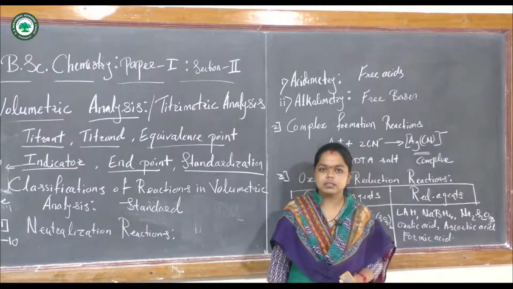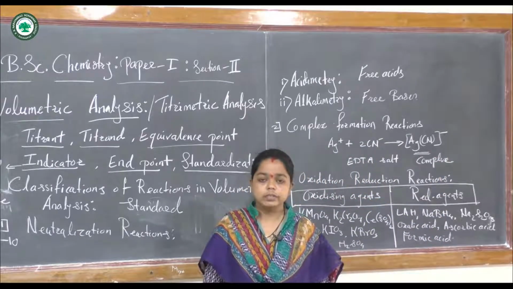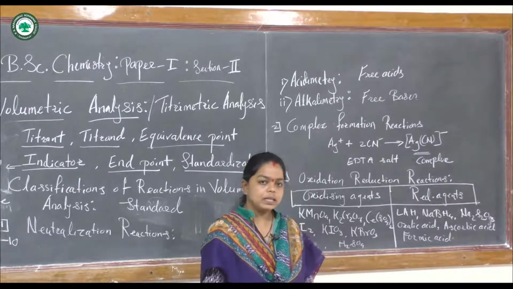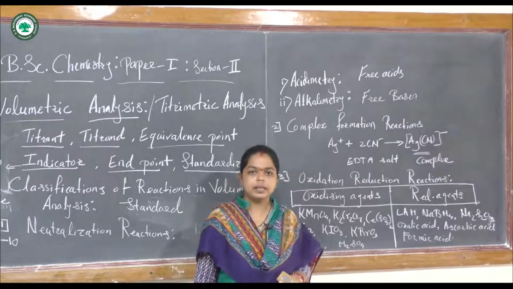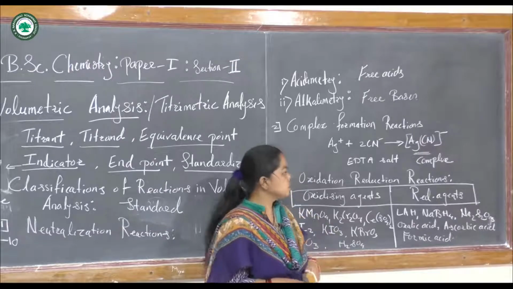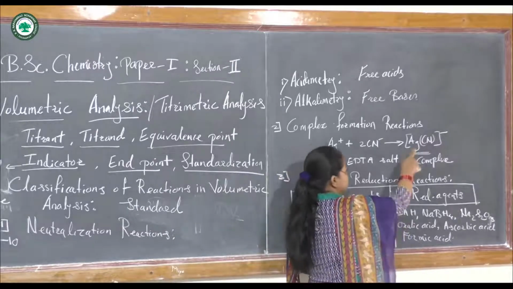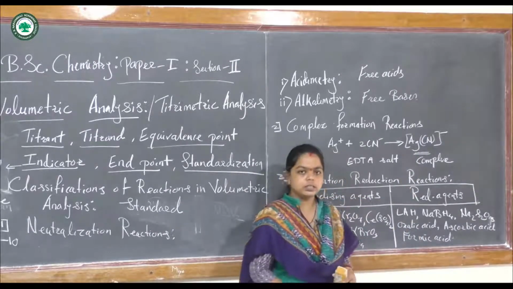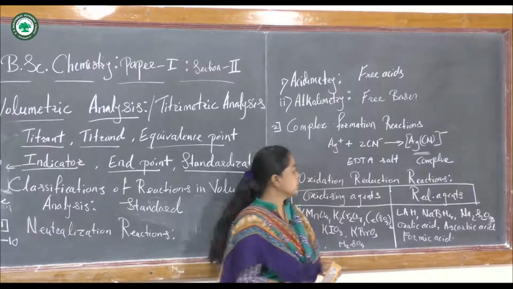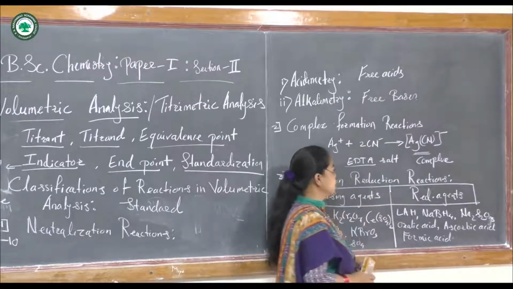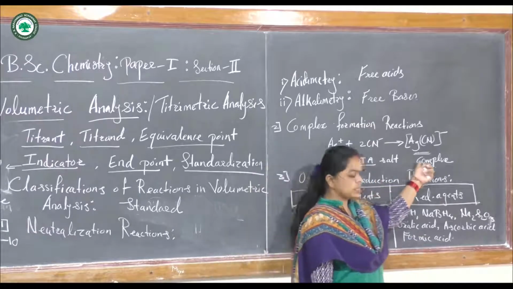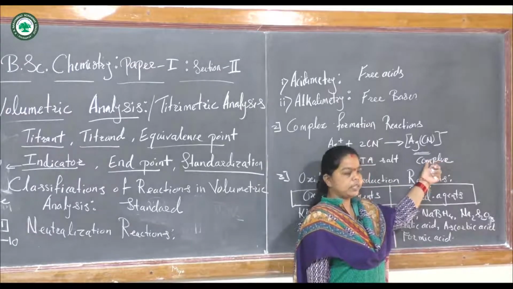So a complex is a structure, you can say a molecule, in which a central metal ion is surrounded by donating ligands or atoms. So it is called a complex. When such complexes are formed in a reaction at a particular concentration, it is called complexometric titration. Now EDTA or the sodium salt of EDTA is used as the complexing agent for this type of titration.